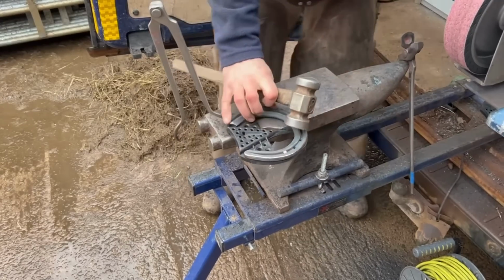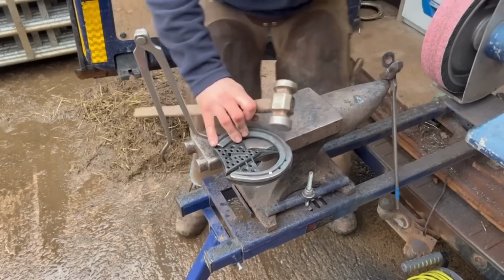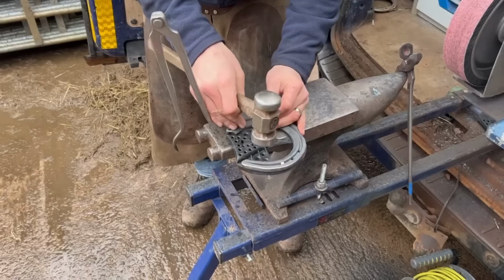Yeah, just use these nails as a rivet essentially, and then put the first 4 nails in, then take these out, and then